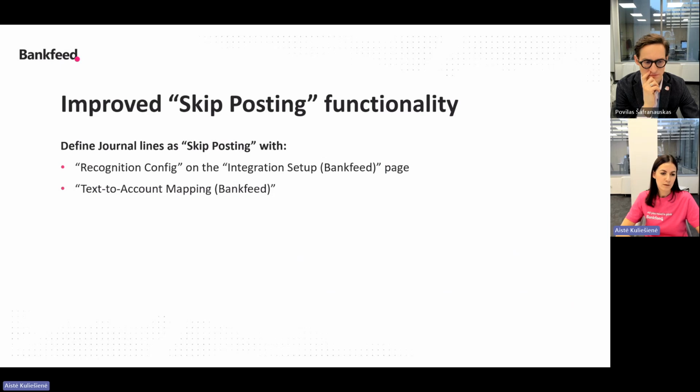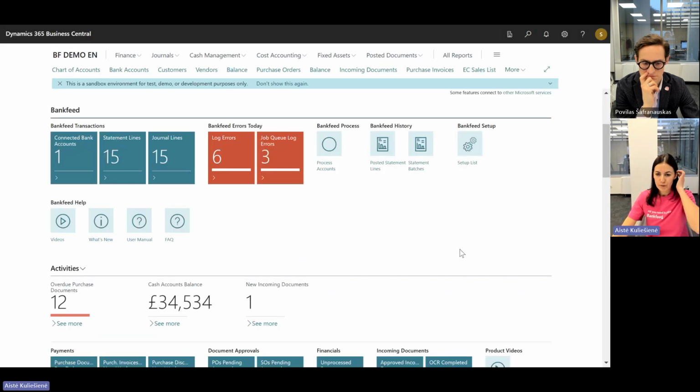So the first thing we need to do to use this functionality, we need to define journal lines as skipped posting. So to do that, we need to go to recognition config and on the integration setup bank feed page, and we can define which lines we want to skip in text account mapping. So I will show you how we do that.